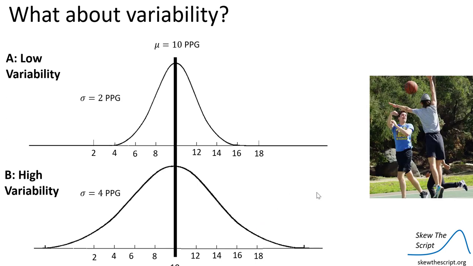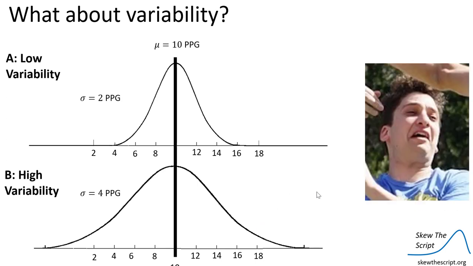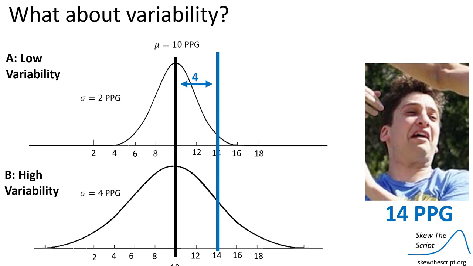So let's go back to Mr. Youngsaver. Here's him playing basketball. Pew, pew, pew. And let's say that he averages 14 points per game. If we're comparing his data set with the low variability, it is 4 above both of these means, but with that low variability, we are 2 standard deviations above the mean, which means that there's barely anyone that's doing better than him.